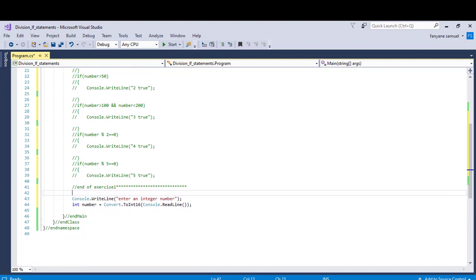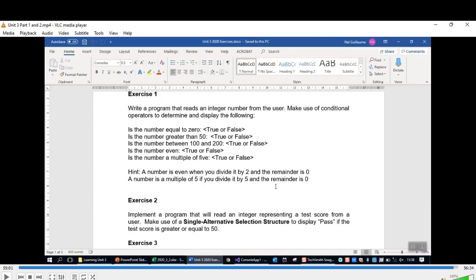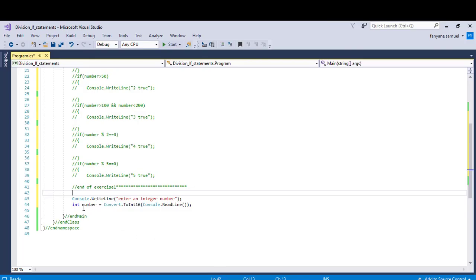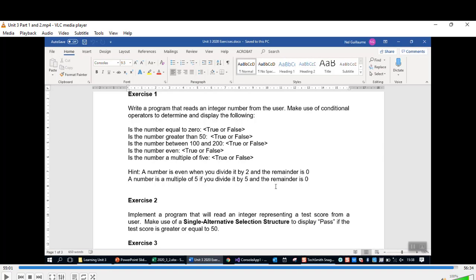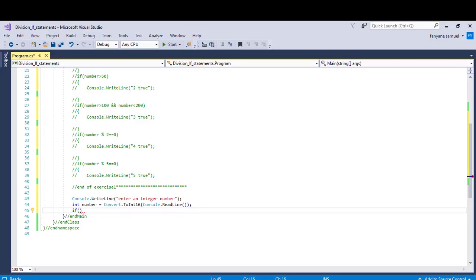I'm still reading an integer from the user, and then making use of single alternative selection structure to display pass if the test score is greater or equals to 50. We dealt with single alternative selections, which is the if statement. So I'll say if the test score is greater or equals to 50. So if number